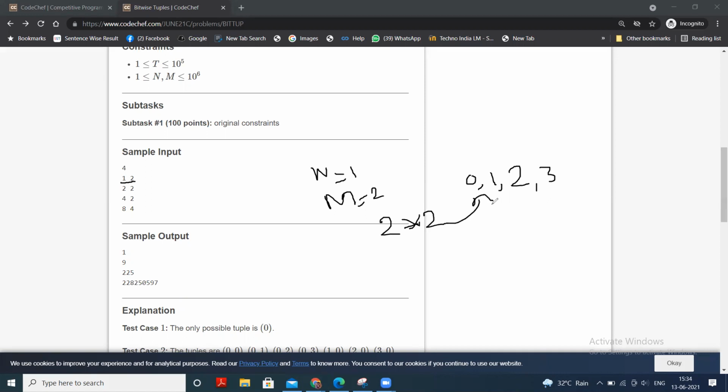But we need only those tuples where the AND of all elements is 0. So the output is 1, only one, that is 0.